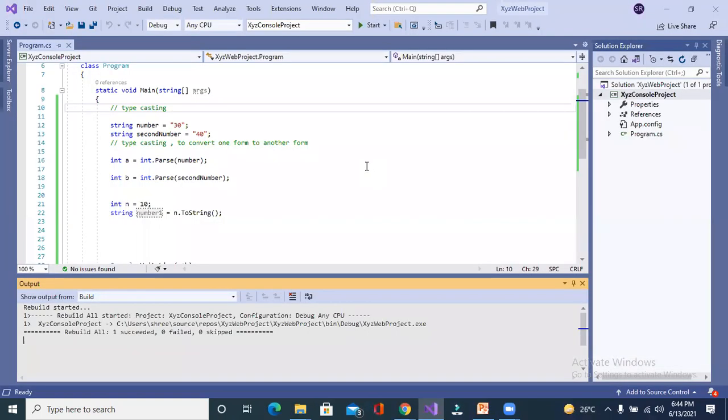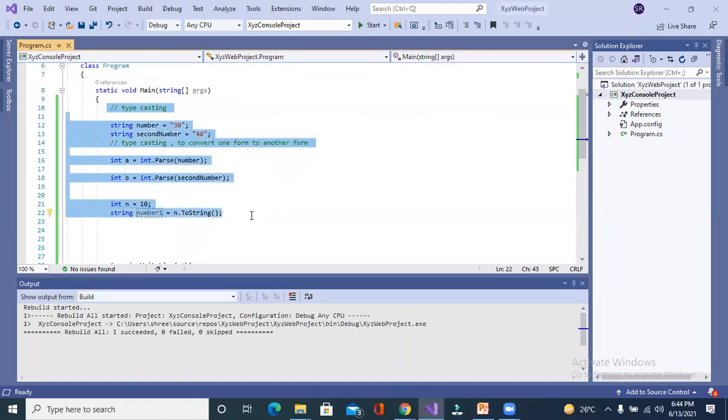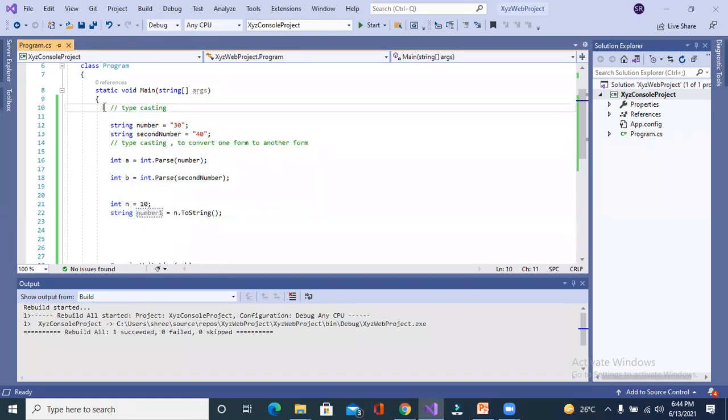Now, one thing more, I am going to make very clear. What is the .NET Framework and what is Visual Studio? Visual Studio is an IDE. If you want to write your code using the C# programming language, you should have one editor. Here, Visual Studio is the editor. Whenever you install Visual Studio, the .NET Framework is installed on your computer by default. That's why you are able to run the .NET applications.